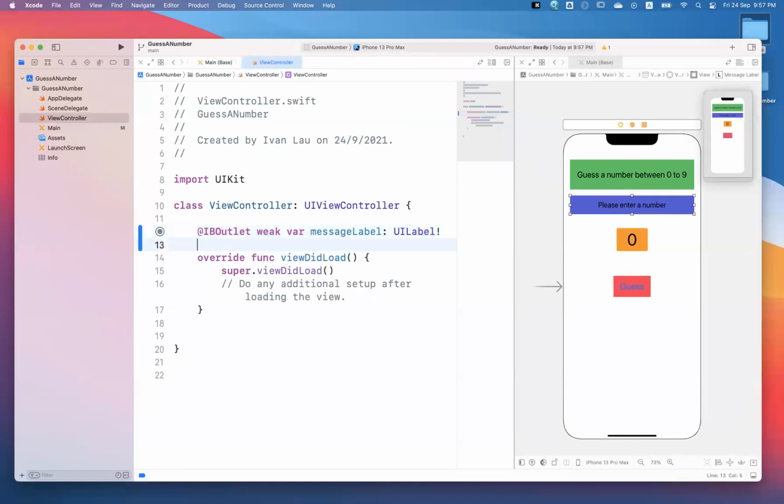And then here we'll need to get the data that the user enters. So click the control key and then drag a key, drag it to the code area. This time it's in the outlet, so I call it user num text field